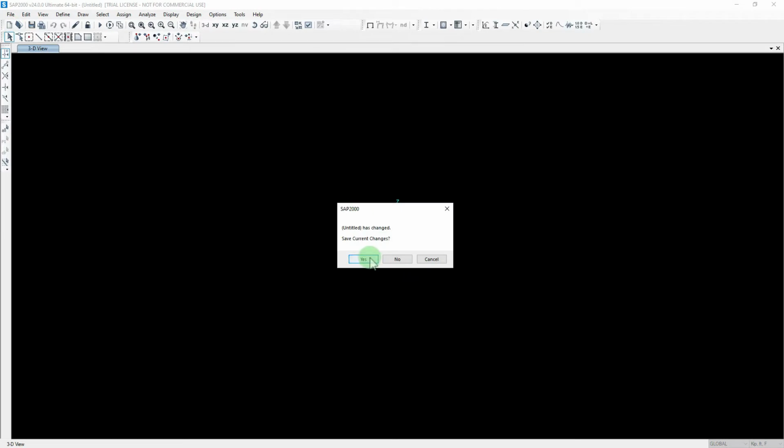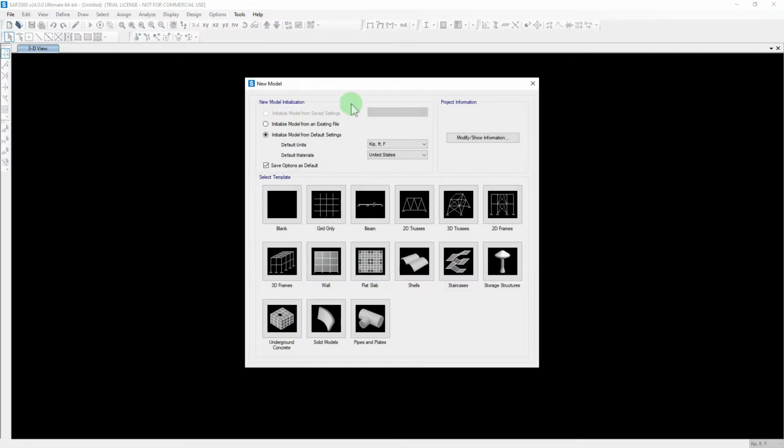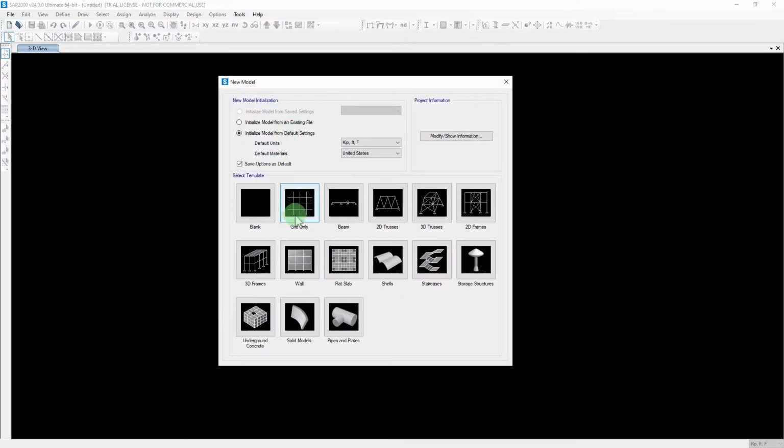In this video, I will demonstrate the use of SAP and implementing the direct analysis method for a simple cantilever column. So we would start a new model, and when we click that icon, we have this new model dialog box, and you can choose from a set template,